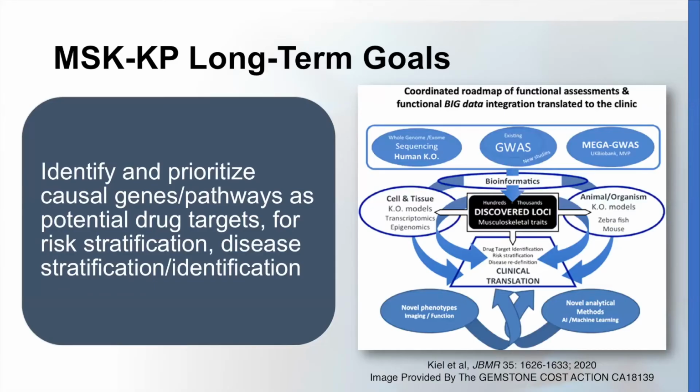So the long-term goals are to identify and prioritize causal genes and pathways as potential drug targets for risk stratification, disease stratification, or identification. So this is an image provided by the Gemstone project. It's a coordinated roadmap for the functional assessments of functional big data integration for translation to the clinic. So again, starting with existing GWAS data and new studies, also sequencing data from humans who have human knockouts where a particular gene may not be functional in a person with a particular trait or condition, mega GWAS data, using